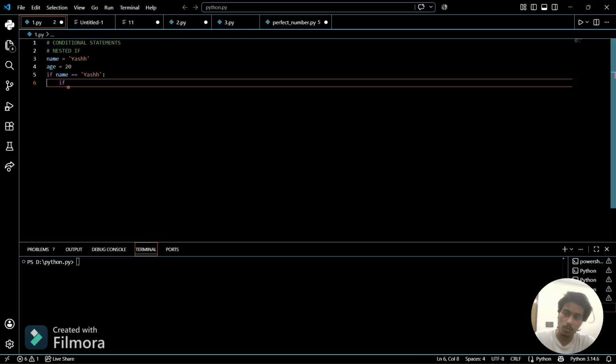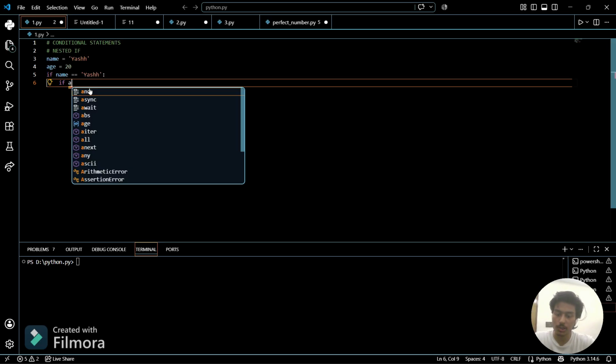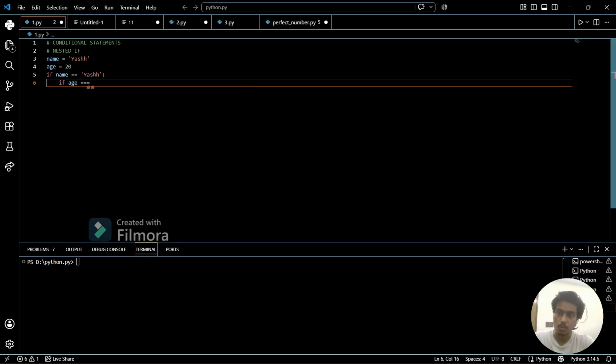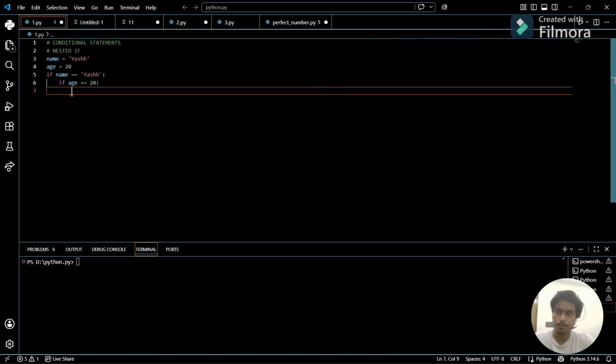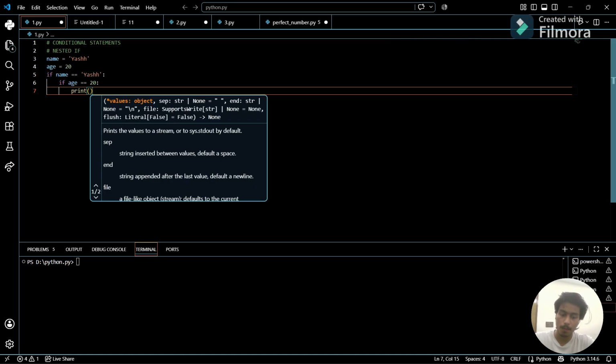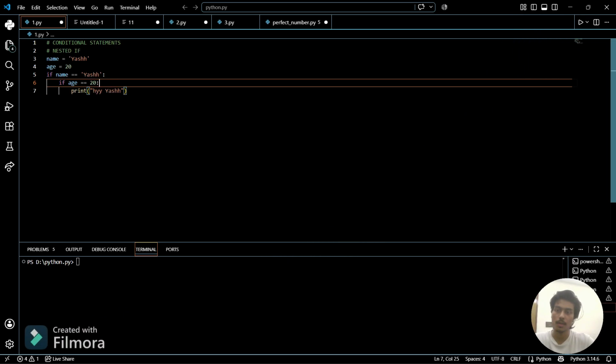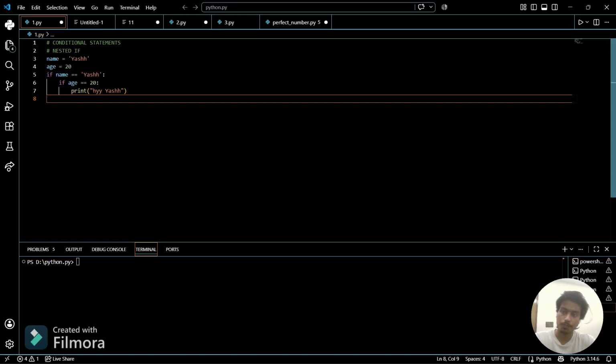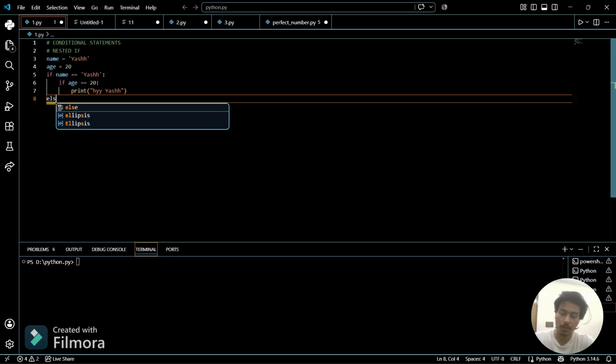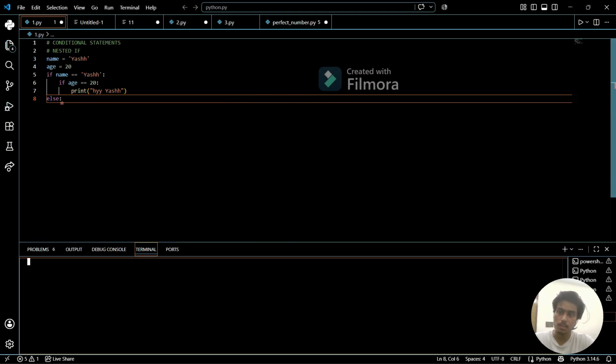So if name is equal to Yash and if age is equal to 20, then only it will print Yash. So else